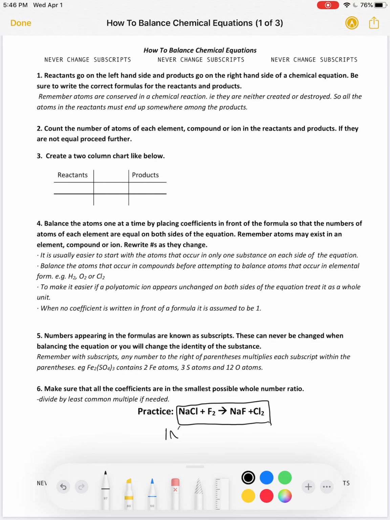Okay, well, if we're on the left side, we have 1 sodium, we've got 1 chlorine, we've got 2 fluorines, 2 F's,